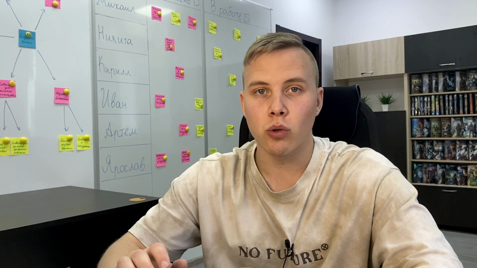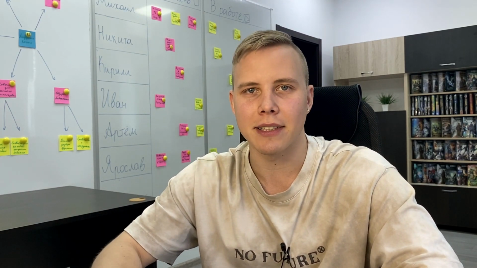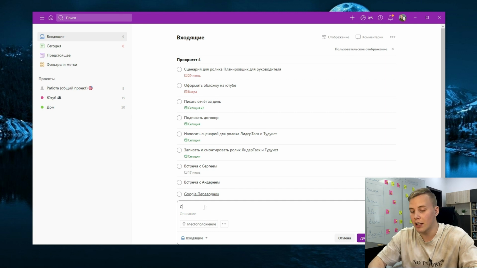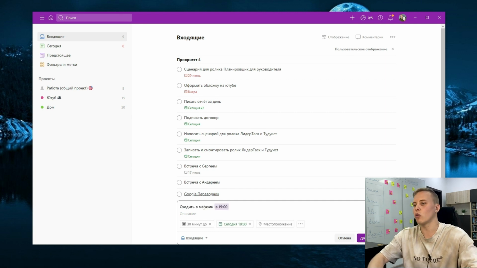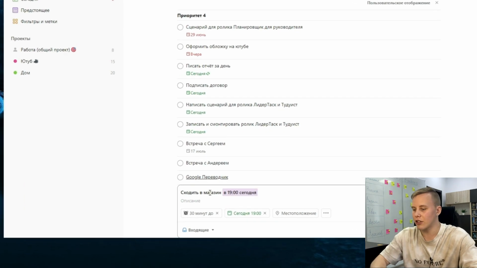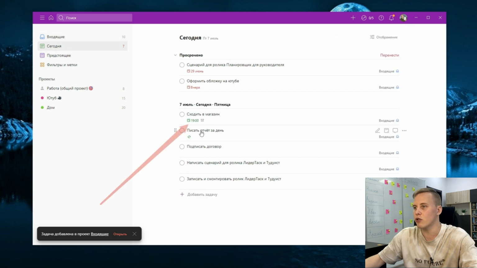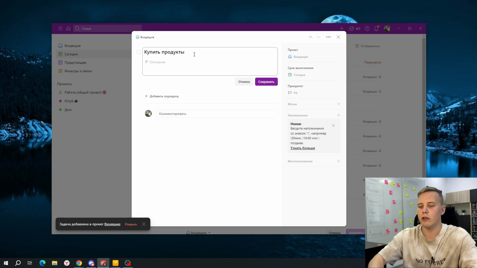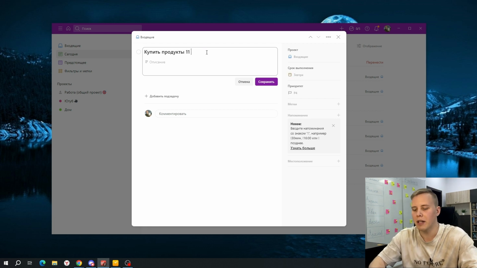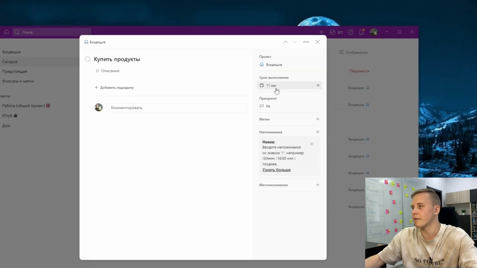The first handy thing I found in Todoist is to create task properties with just text. See, I create a task in Todoist called Go to the store at 7 o'clock today, and it realizes that this is a task property. If I press enter, it actually creates the task Go to the store at 7 o'clock today for today. Similarly, you can put any day of the week, like Saturday, or you can put any date, like September 11th. The task is set for September 11th.